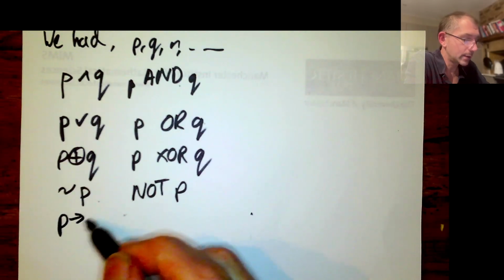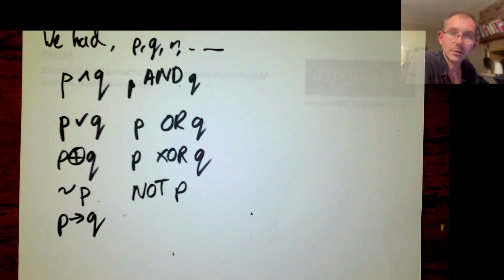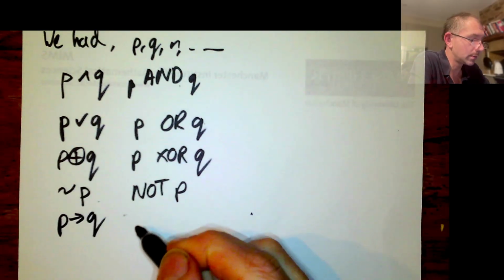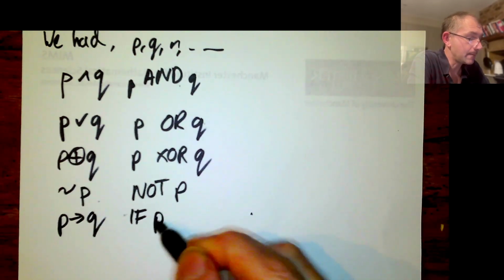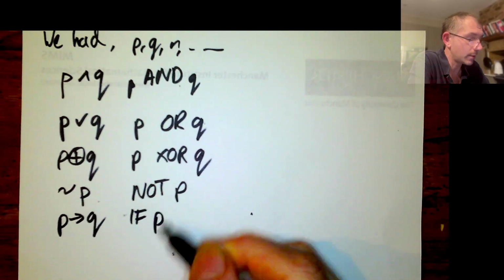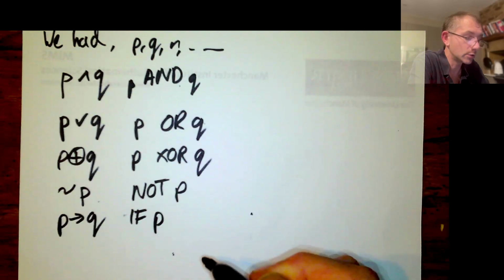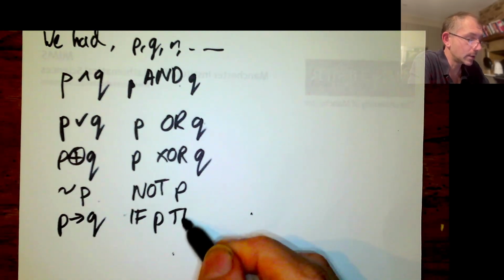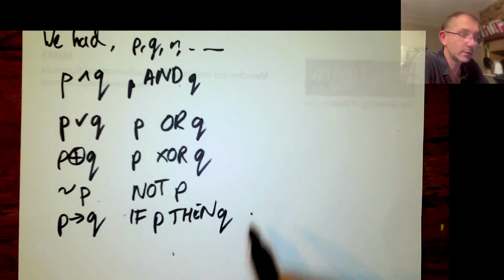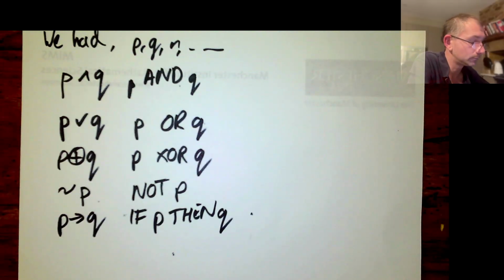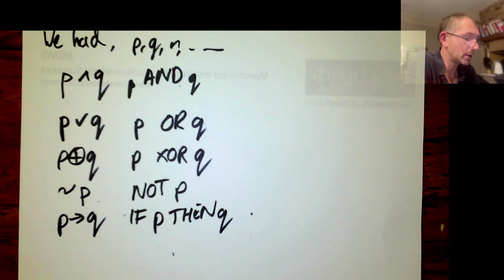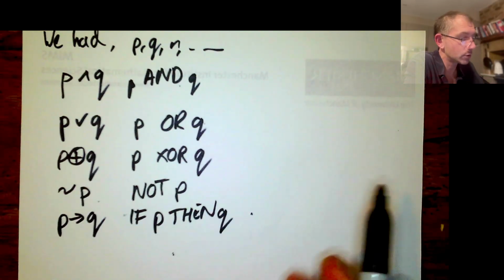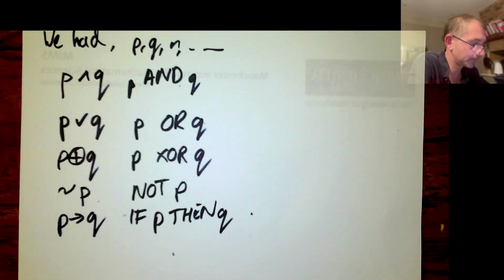Then we had the conditional, which can cause some problems, but it works like this. If P is true, so you only have to look at it when P is true, but if it is, then it needs to be the case that Q is as well. So this is always true, except in the one situation where P is true and Q is false. Okay,